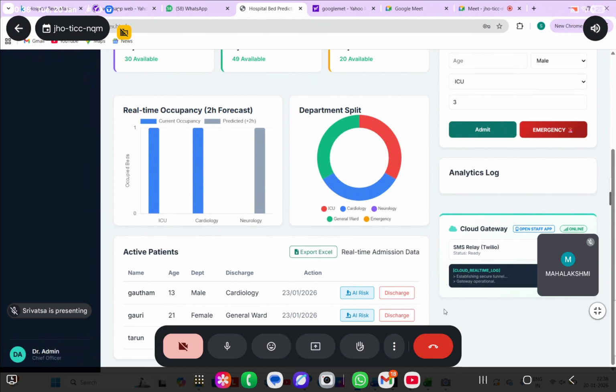and this is the predicted output. Since I have admitted a patient Gautam in the cardiology department, it is showing a blue spike in the cardiology, and since I have admitted a Tarun in the ICU department, it is showing a blue spike in the ICU department. So coming to the pie chart, there I have integrated different colors to differentiate between the different